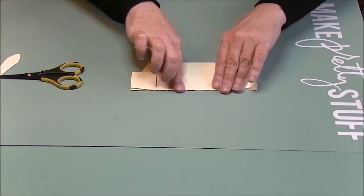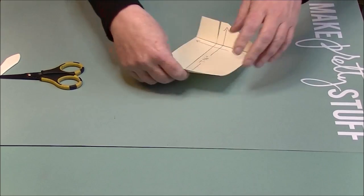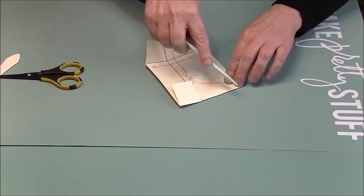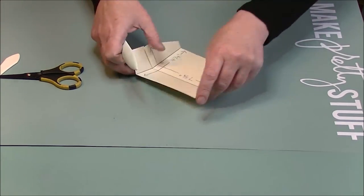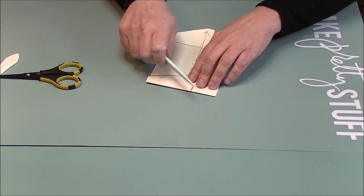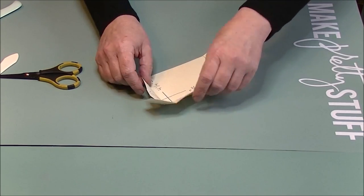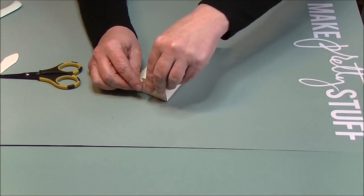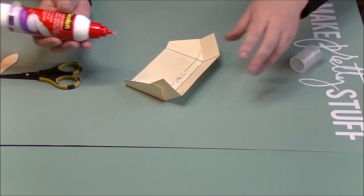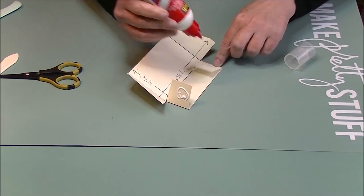So we're just going to roughly do our folding here just to get our shape. Bring in our bone folder and do a cleaner job with that. Again, you'll take more time at this, make it probably a little bit prettier. And then we're going to actually do our gluing at this point. So I'll bring in our glue, add some glue to our tabs,